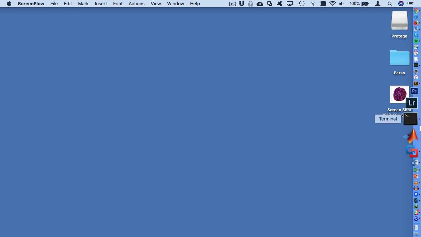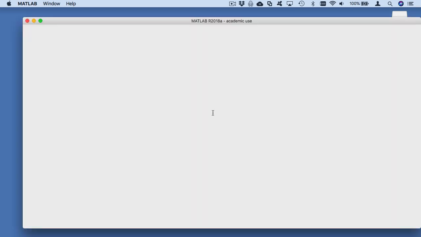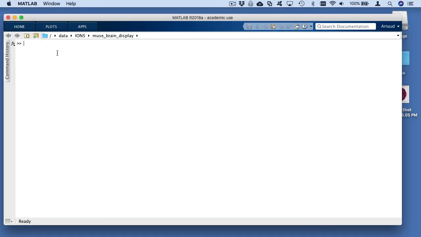I did on Matlab. So first you need to have Matlab, of course. It works on 2018A under OS 6, and I tested it also under 2017B on Windows. It probably works with other versions. I'll talk about that in a few minutes. So Muse Brain